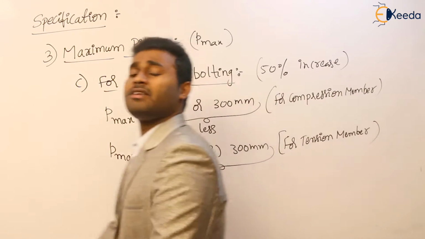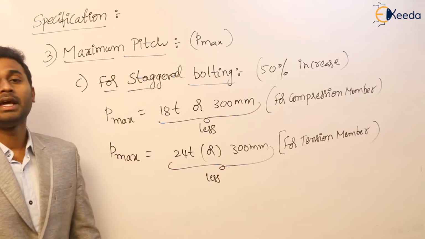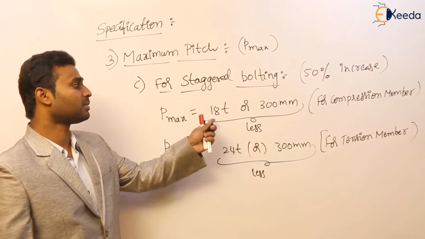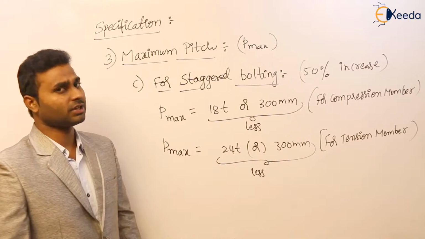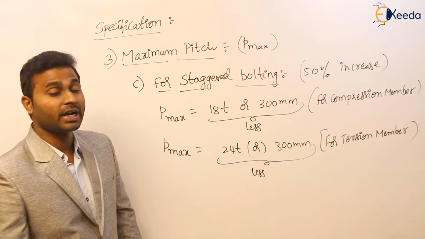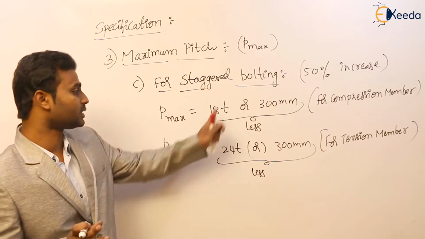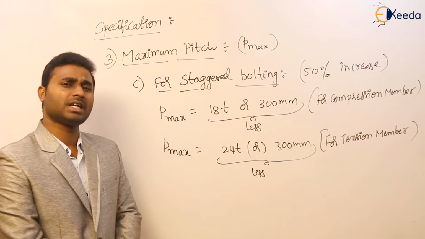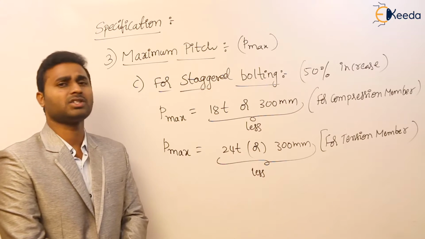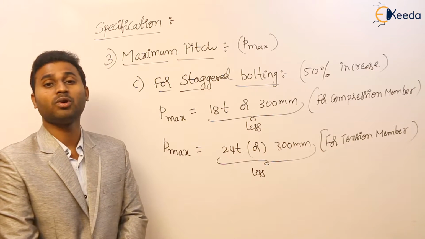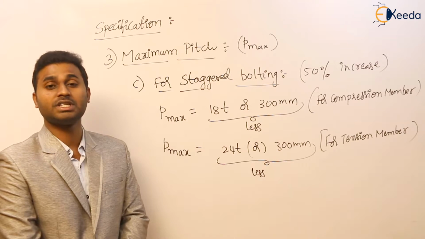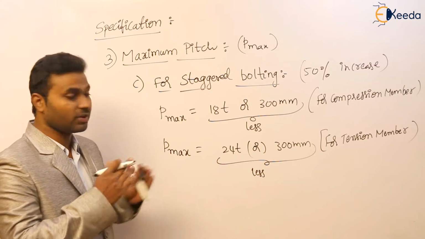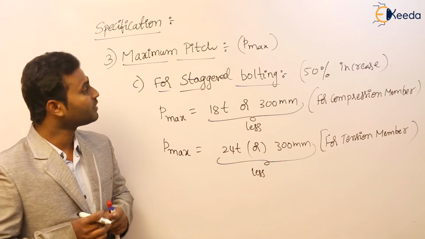So simply, if chain and diamond bolting is provided, then in a tension member the maximum pitch is 16T or 200 mm, and in a compression member 12T or 200 mm, whichever is less. But if staggered bolting is provided, then those values should be increased by 50%. So this is the provision. See, minimum pitch is the same in all the cases, be it tension or compression, staggered, diamond or chain, whatever the arrangement of bolting and whatever the nature of the force. But maximum pitch varies from case to case. Clear or not?